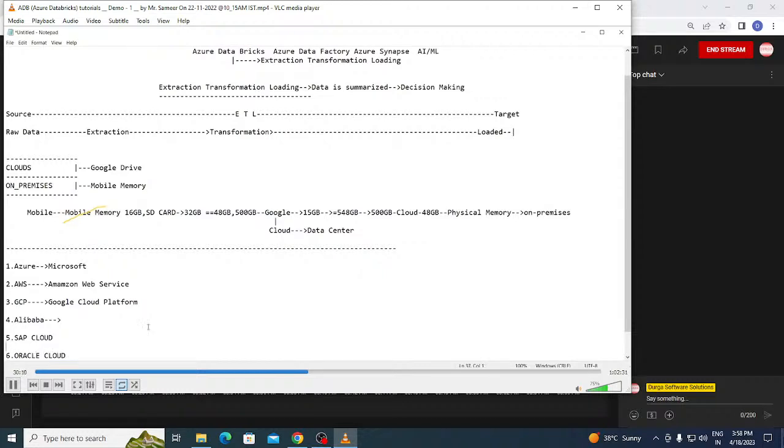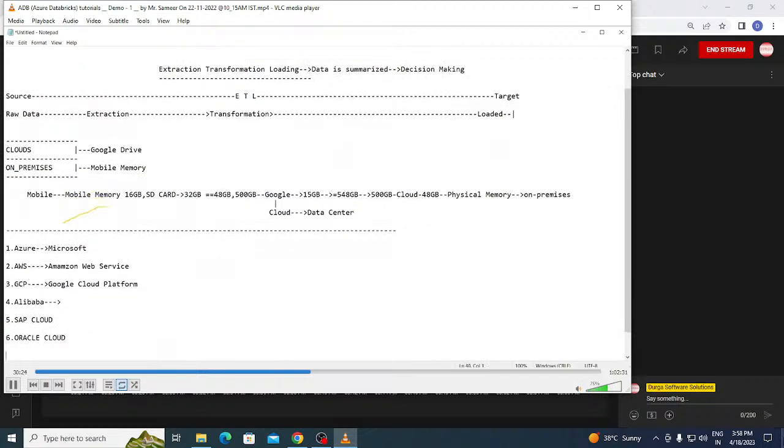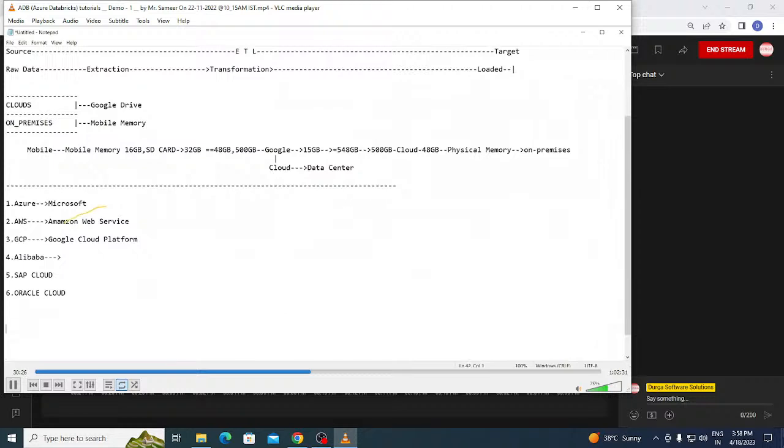But the market leaders are the first three. And number one in providing cloud services is Azure. So now, guys, these cloud services are basically classified or divided into three categories. What are they? The first one is IaaS. IaaS stands for what, guys? Infrastructure